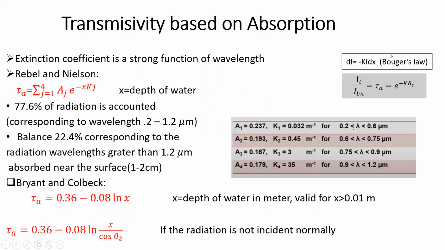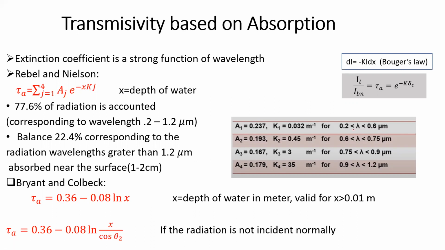In this law, the dI is directly proportional to dx, and the intensity variation is almost exponential. This is adequate for glass but not for water, because for water experimental data indicate the extinction coefficient. The K is the extinction coefficient, and